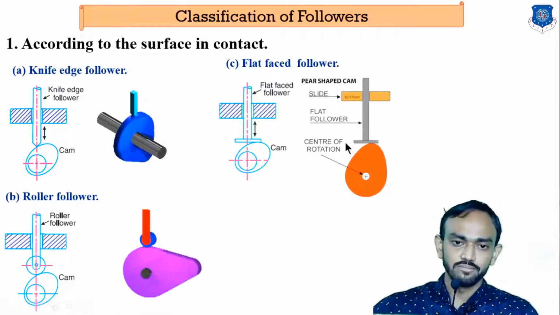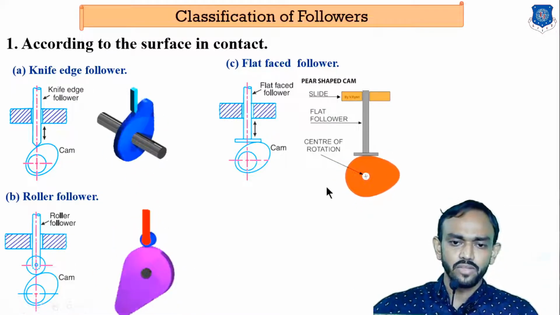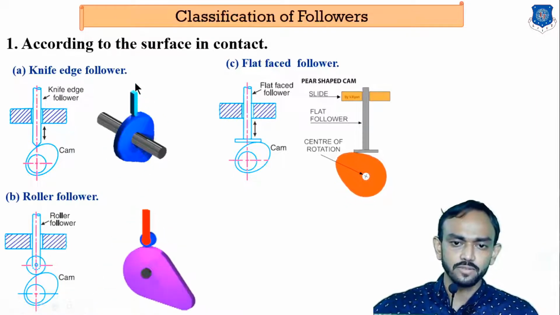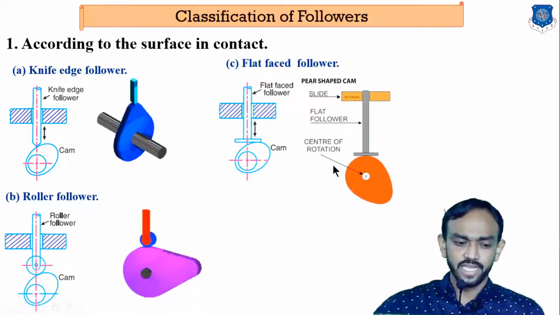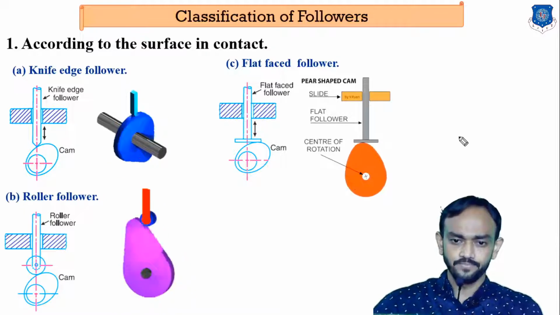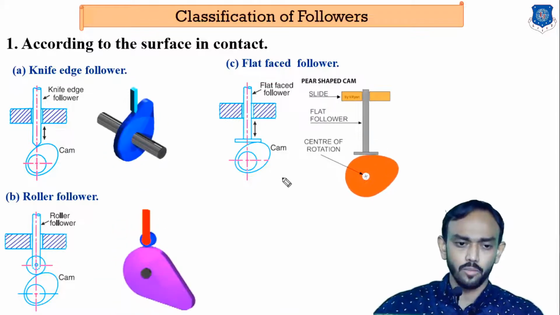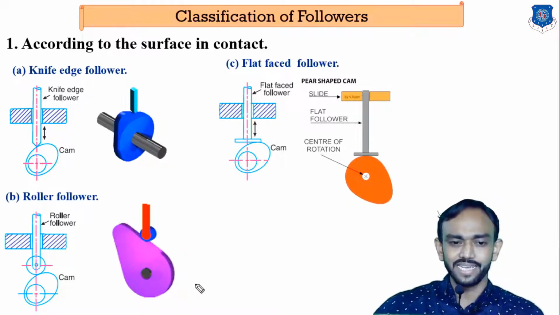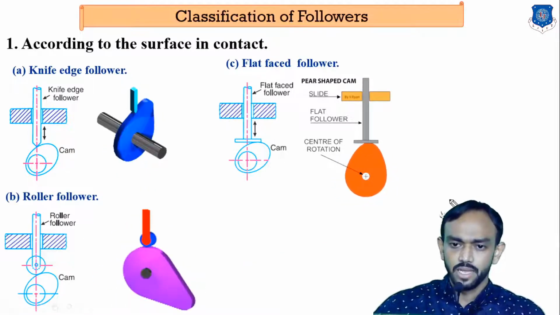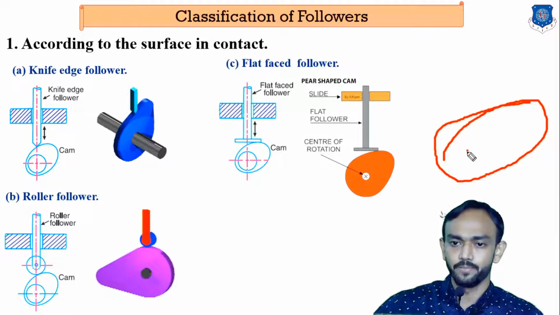So what is the advantage of this flat face? We have the roller which gives less friction, so why do we use this flat face? Because roller and knife edge have some limitations which the flat face overcomes. The advantage of the flat face is that it can work at a very high pressure angle. You don't know what a pressure angle is right now, because in the next lecture we will study the terminology, but I can give you a very basic example. If I give you a cam of this type, an oval shape, and it is rotating about its center,